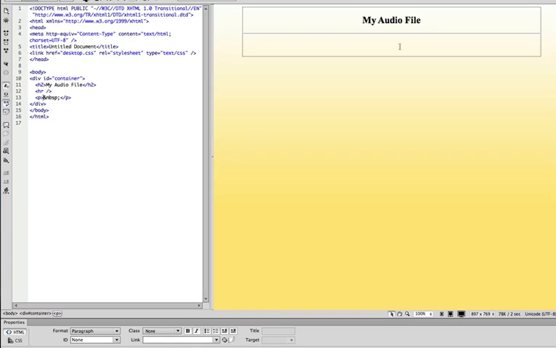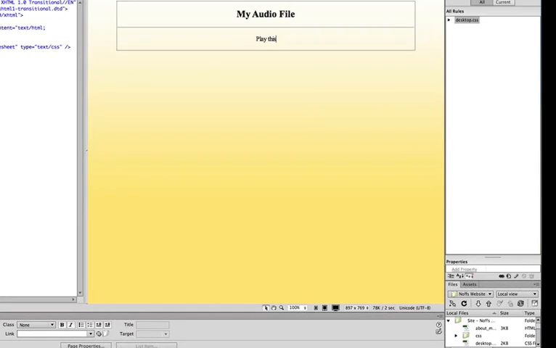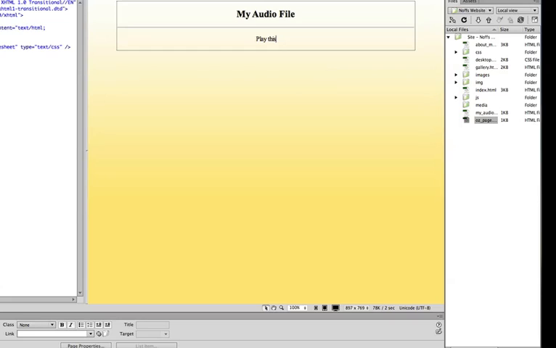and there are several ways to attach audio to your page. The first and the easiest is just simply to type some text and create a link to the file. So I typed play this. I can collapse my insert tab panel, my CSS styles panel,